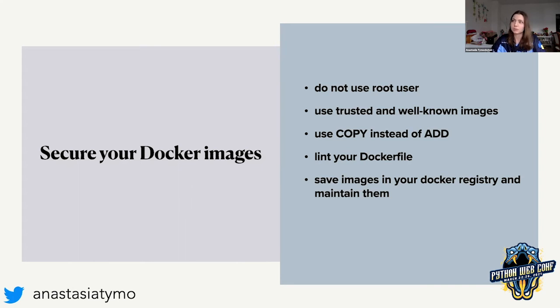Because sometimes if you're, for example, using Python 2.2 for your packages or something super specific, those images could disappear at some point. And then you will have lots of trouble trying to change your Dockerfile and run it in a different environment which still exists, or trying to find the image somehow from different sources. And then you cannot really make sure that it's the same image that it was. You also need to make sure that the Docker images are authentic, and that those are the images you really need, because that could be harmful.